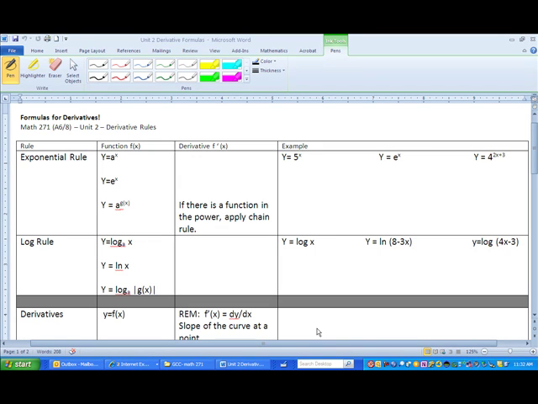We're now going to take a look at some formulas that you can use to do derivatives. And the key is that we're only touching on a couple. We're going to be touching on some transcendental formulas which deal with logarithms and exponential functions. There are a whole set of rules or shortcuts for finding the derivative of trigonometric functions